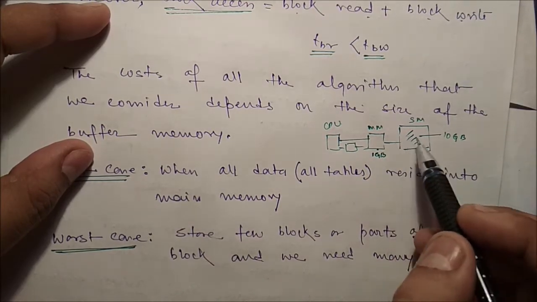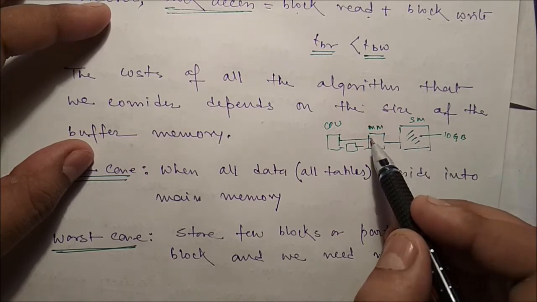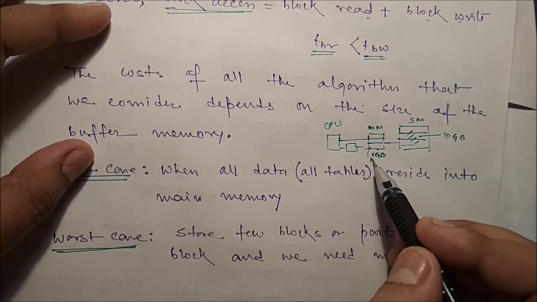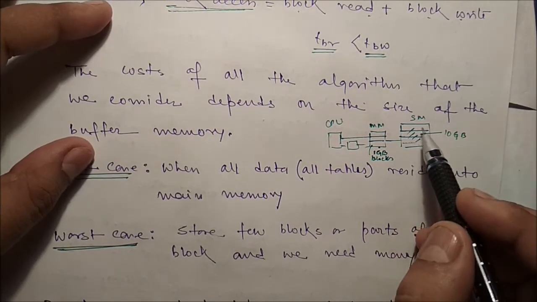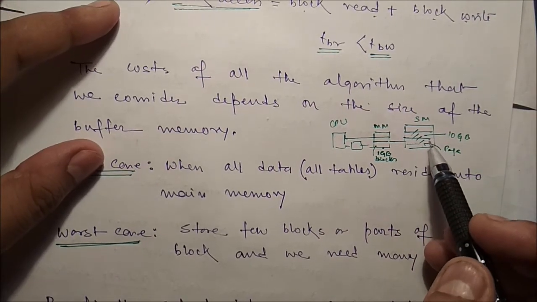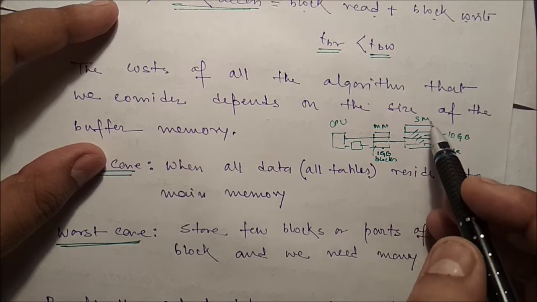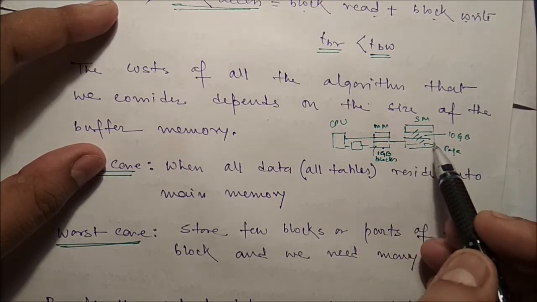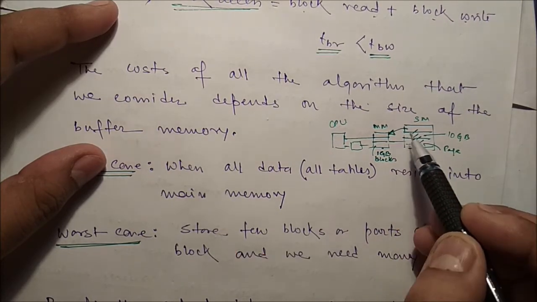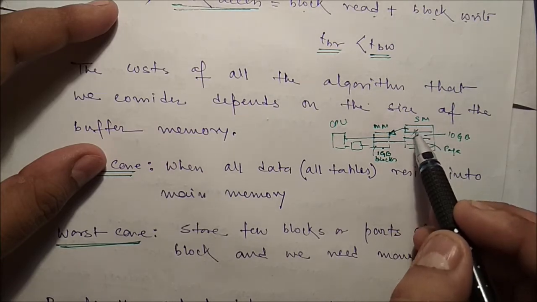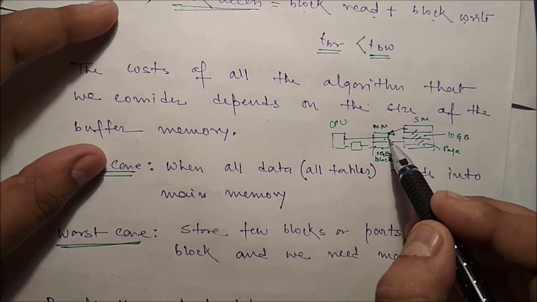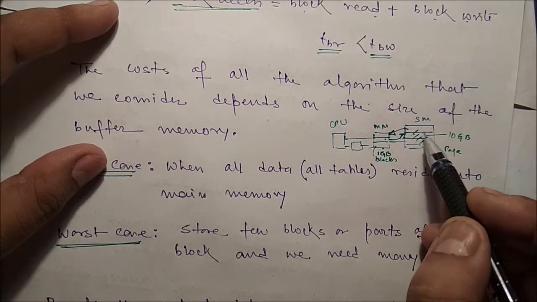So we divide the main memory and the secondary memory into some equal parts. If you divide the main memory into equal parts, these are called blocks, and if you divide the secondary memory, these are called pages. To execute anything, the data or code must be present in the secondary memory first, and when it is required, we apply the swapping technique. That means transferring data from secondary memory to main memory, and after executing, we swap it out, returning it back to the secondary memory. Are you getting this one?